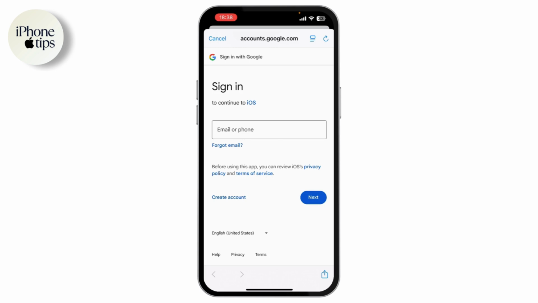It may ask you for the verification code. You need to enter the code and you'll be logged into your account. So that's how you can add email